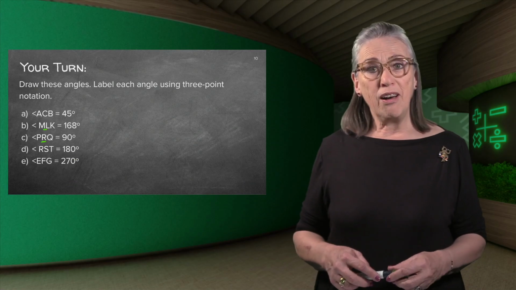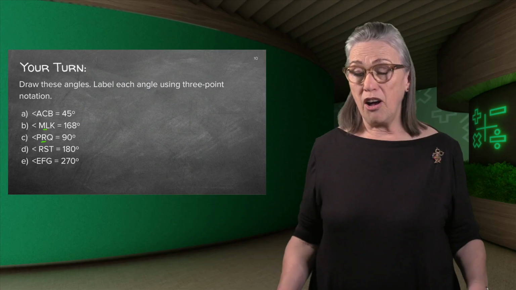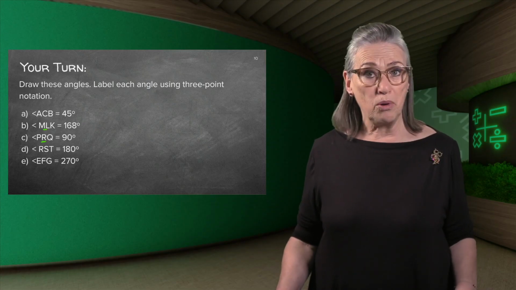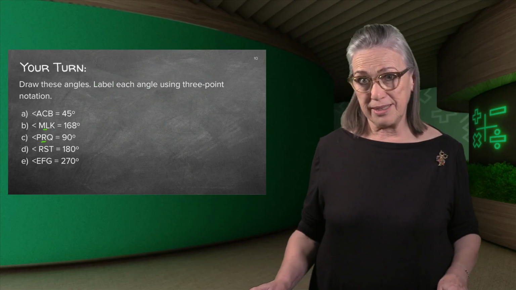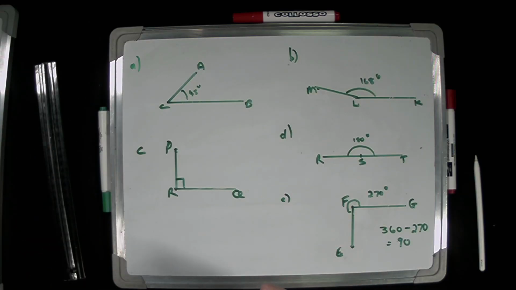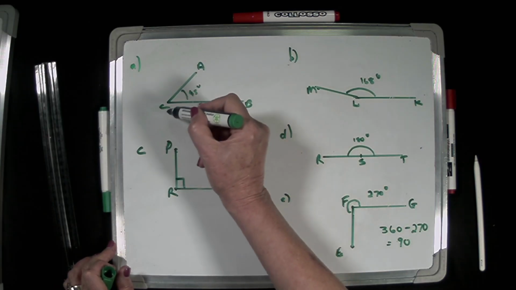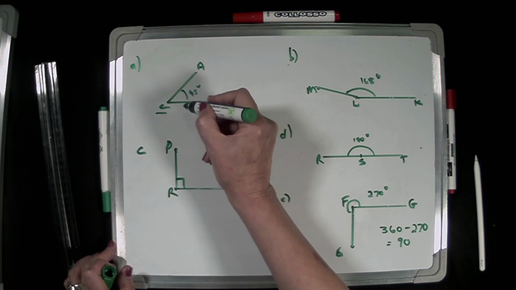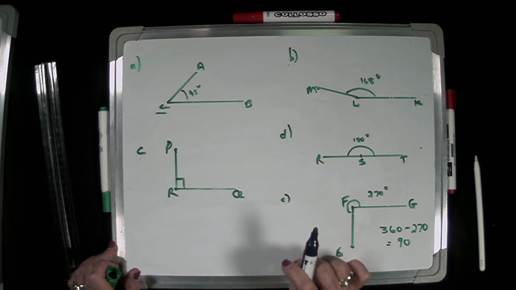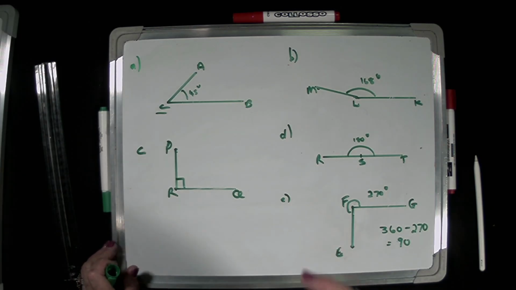Okay, so now I have managed to do this on the whiteboard. So I'm going to show you on the whiteboard, and then you can check your answers. Okay, so there's A, first one. ACB, well done if you've got this correct. ACB, C is where the vertex is, and that is our angle, 45 degrees. I just want to repeat, make sure that your pencil is sharp if you do this. This is just an example, that's why the lines are thicker, but your lines must be so thin and exact.